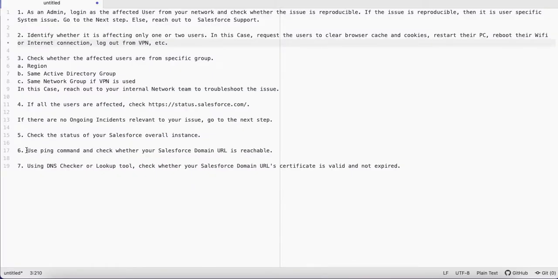Okay, next, use the ping command and check whether your Salesforce domain URL is reachable. This is a very important thing to do. So if you are using Windows, go to Command Prompt, or if you are using Mac, go to Terminal, and use ping space your domain URL. I will share my blog link in the video description for the screenshot, so you can easily refer to how to run it. Next, if you have a DNS checker or a lookup tool